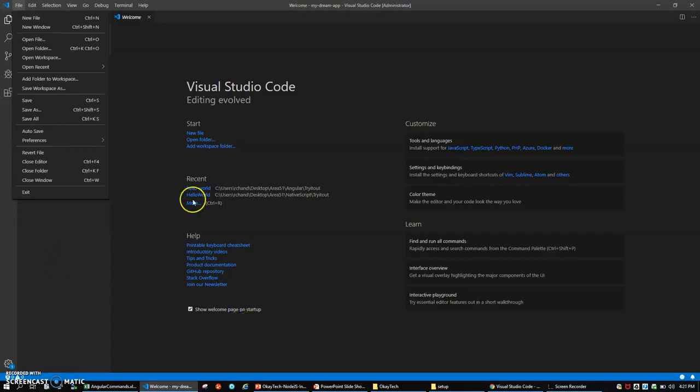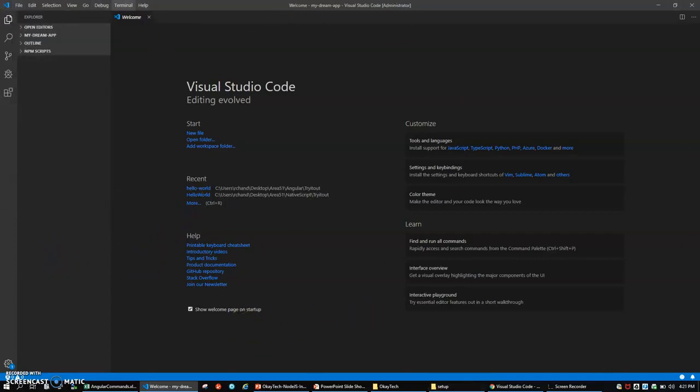So what I'm going to show you is that VS Code Studio provides some helping tools. For example, here you can see, you can start, you can create a new file, you can open a new folder, add your workspace folder here. You can use Control R to open your recent projects, files or folders. If you go under Help, you will see some helping tools, and these tools are really nice.